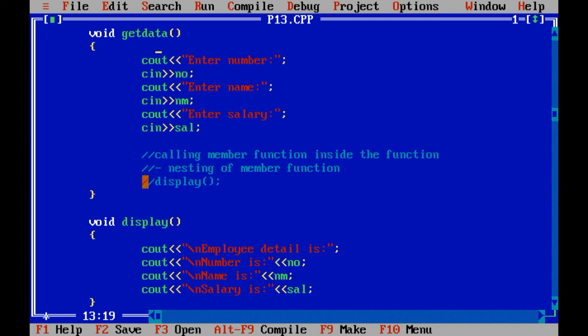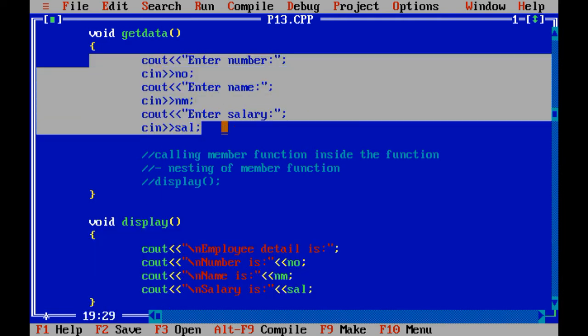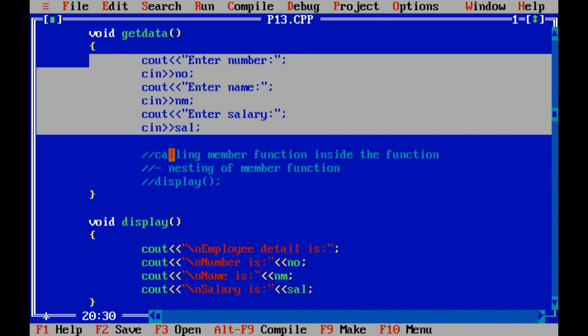Because when you call the display function at the beginning of the function, first of all it will execute the code written inside the display function, and then it will ask to input the values from the keyboard. So as I have told you, calling of a function means a lot, so you need to take care regarding the calling of function.